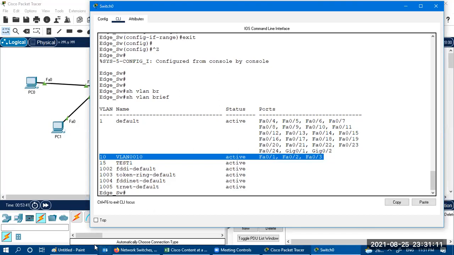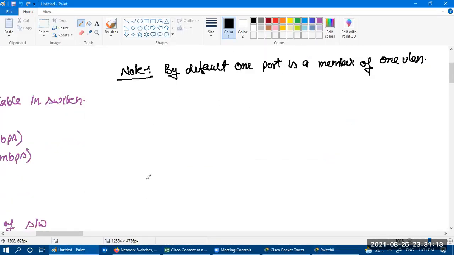Okay. One more thing. Two different VLANs are not able to communicate with each other. So again, this is your first point.